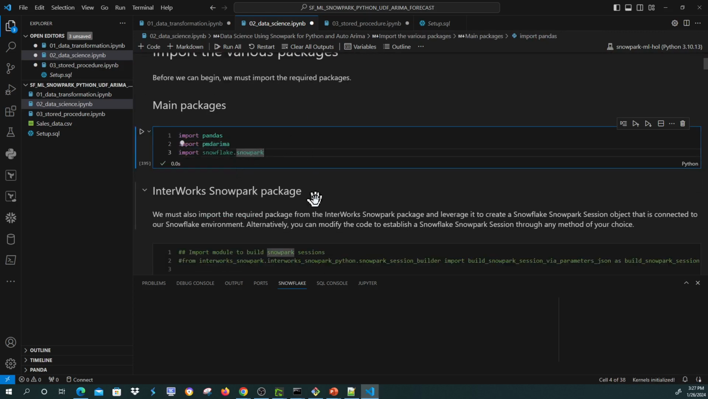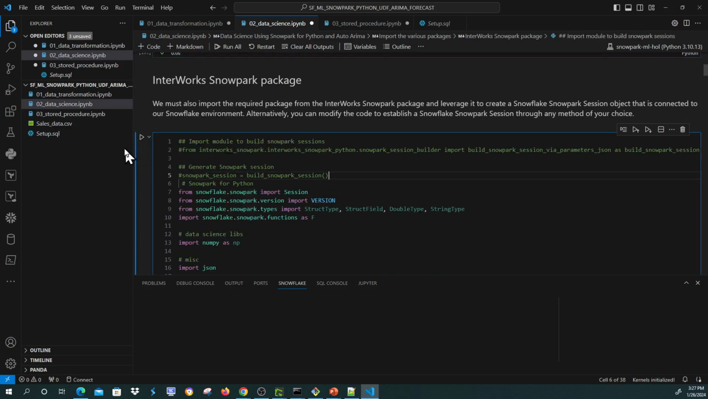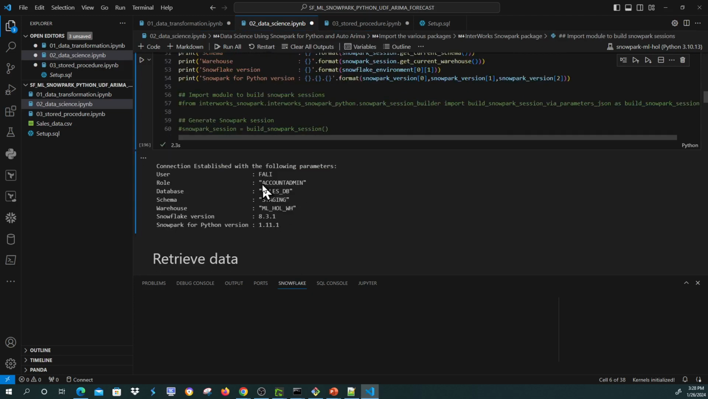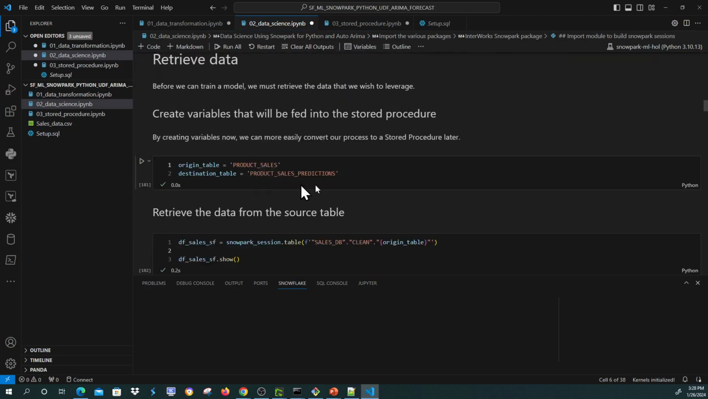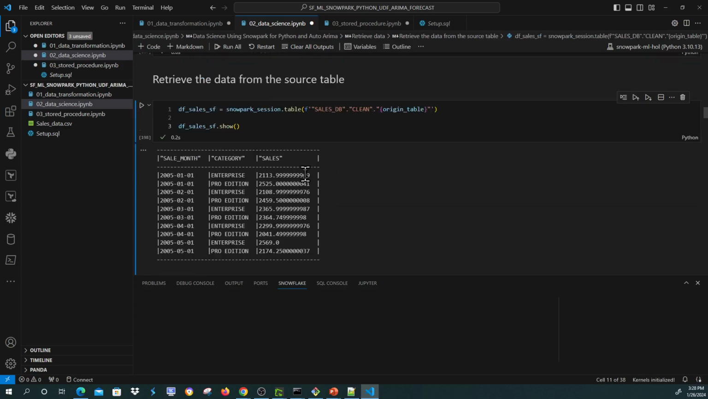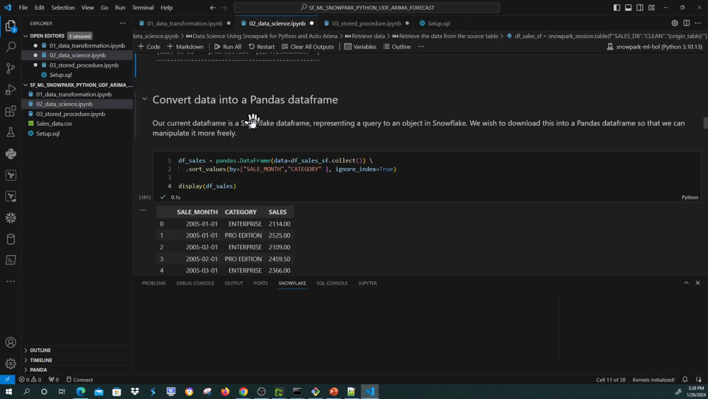of course, Snowflake Snowpark. Here we connect to Snowflake again because it is an independent Jupyter notebook. Here we need to initialize two variables with the target origin table and destination table. Here we need to reference the tables, the original one. We will convert the Snowpark data frame to a Pandas data frame to have more